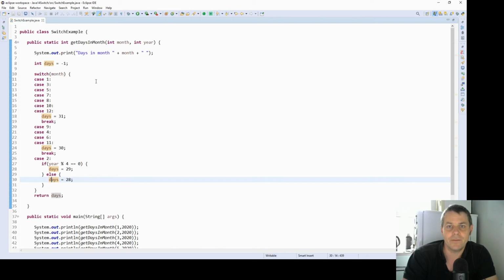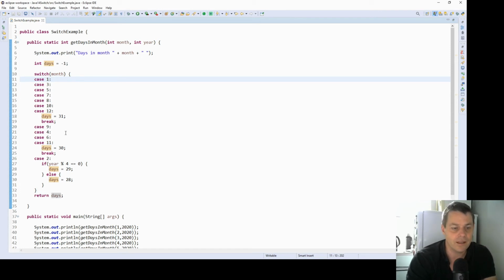So if you're familiar with that if you've done switch statements in Java, but let's have a look at how it can work in Java 14. So really it's just a syntax change. What we can do is comma separate these here. So case 1, 3, 5, 7, 8, 10 and 12, and then instead of having the colon,